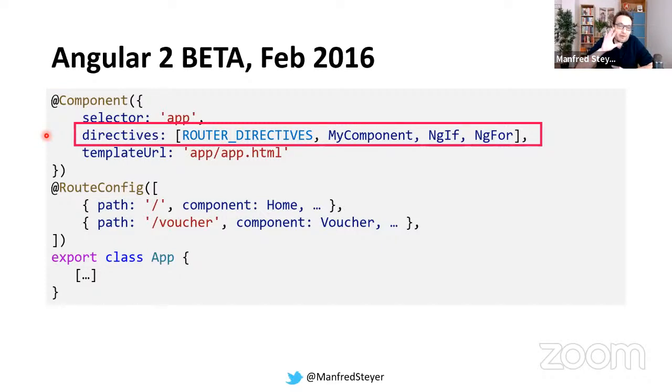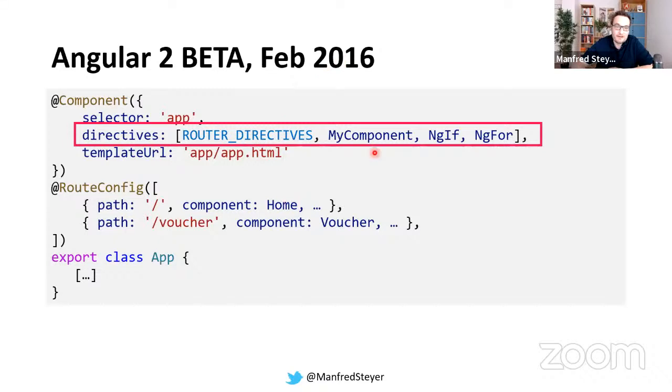But when looking at this, we also notice two things. The first thing is, it is somehow annoying if we need to mention all the things we want to use inside of the template here. And the other thing is, there was already back then the wish for grouping related things, like everything belonging to the router. That's why people started creating arrays with all the directives the router provides, directives like router link and router link active and router outlet. This was in Feb